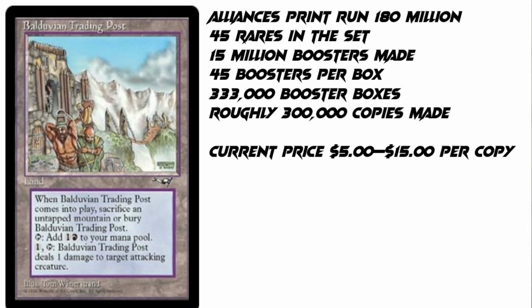Now, as a card from Alliances, we know it has a 180 million card print run. There were 45 rares in this set. There were 15 million booster packs made because they're based on 12 cards per booster pack. The booster boxes were sold in packs of 45 packs per box. That means there's roughly 333,000 booster boxes made, and there was roughly 300,000 copies of any given card that's a